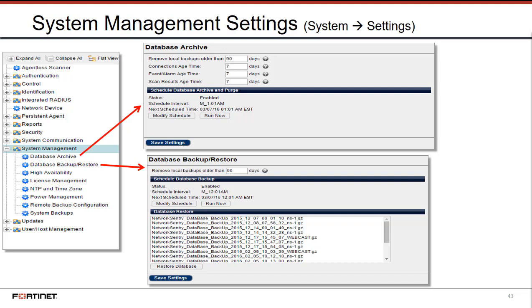And what it will do in this case, we have connection age time, event alarm age time, and scan results. So these are administrative views within the Fortinet. There's a connection view, an event view, an alarm view, and a scan results view. These views tend to fill up very, very quickly because lots of information can get posted into those views. And when you, as an administrator, load one of those views, it can take a long time if there's a